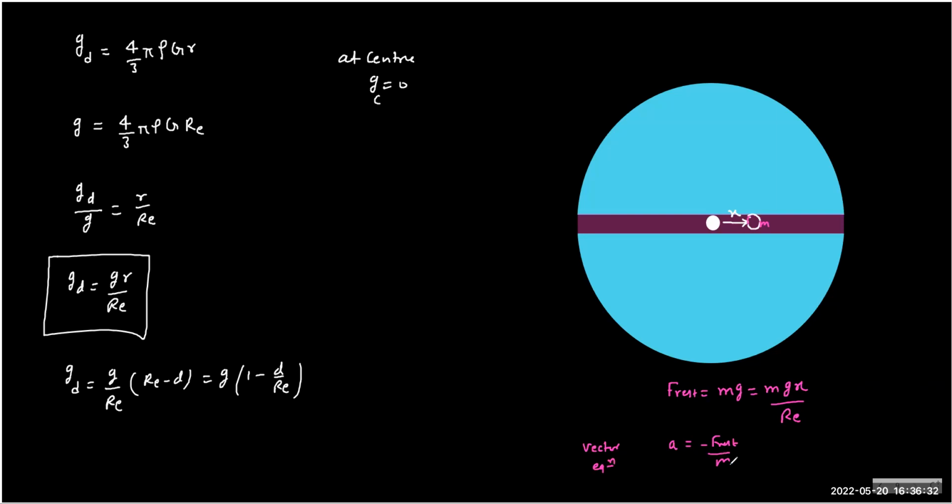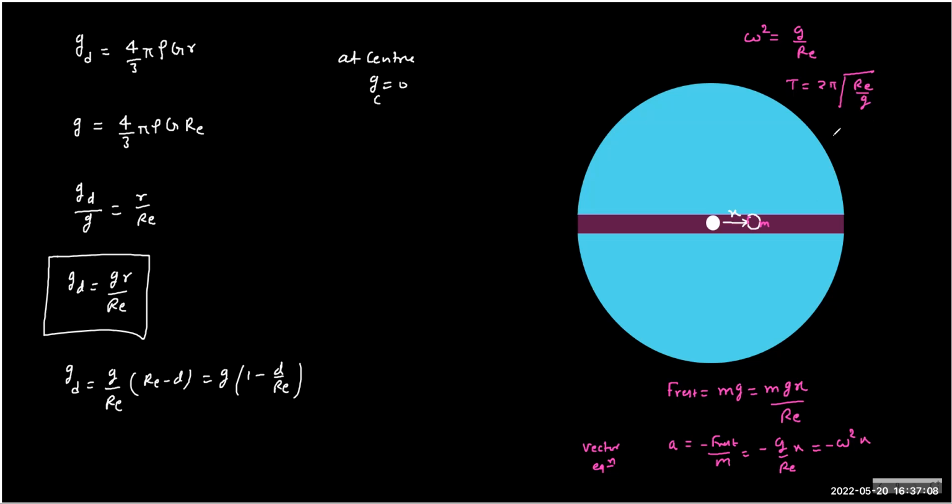So you can see clearly the acceleration of the particle will be minus F restoring upon mass. Why minus? Because we're writing a vector equation. So this turns out to be simple g by R_E into x, and we know the relationship is minus omega square x, the standard equation of SHM. So if you compare the relation, what you can see that omega square is how much? g by R_E. So the time period will be 2 pi under root R_E by g.